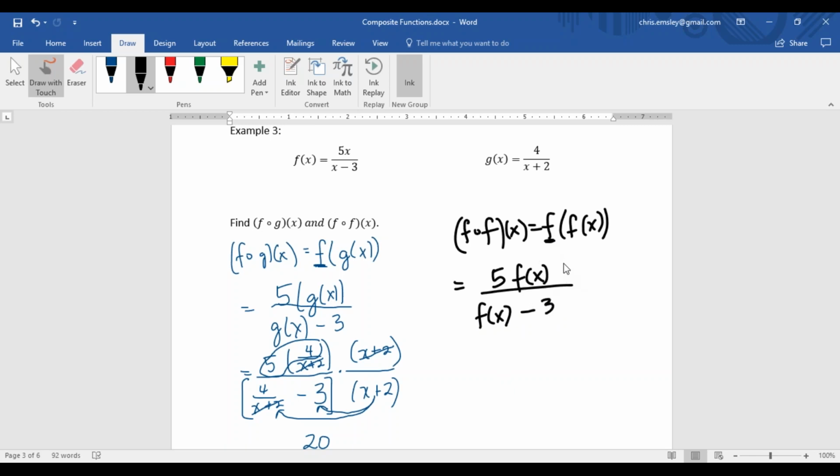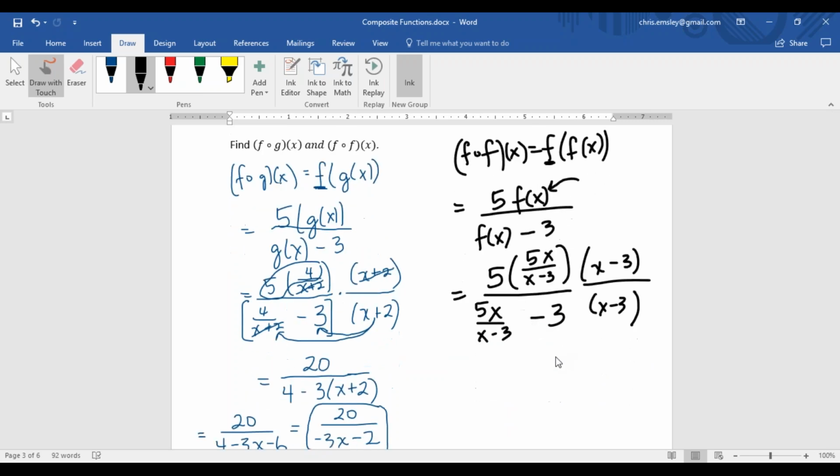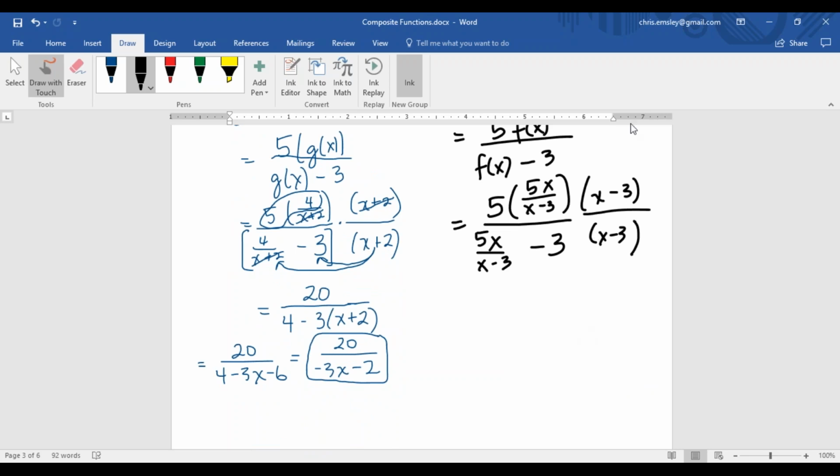Now I can go ahead and substitute the actual function f in here, 5 times 5x over x minus 3, over, we have our function f again, and we still have that minus 3 at the end. And again, same procedure we did before. We want to cancel out these denominators, so we'll multiply the whole thing by x minus 3 over x minus 3. Up top, we get some nice canceling going on. Those two cancel. We are left with just